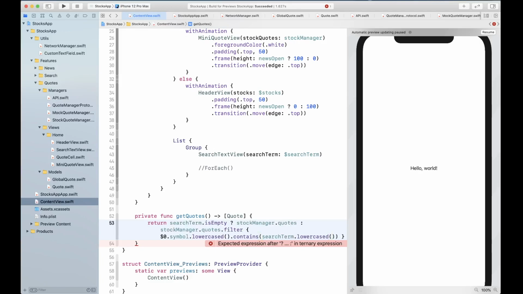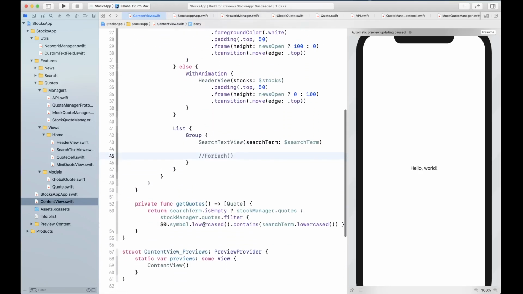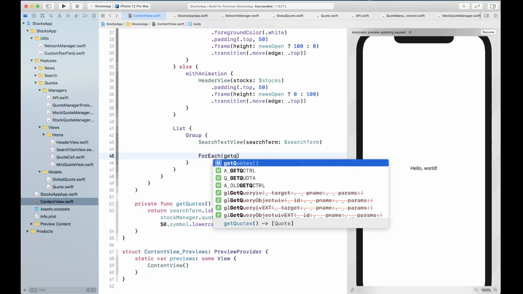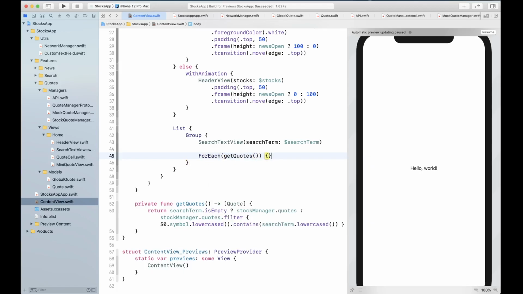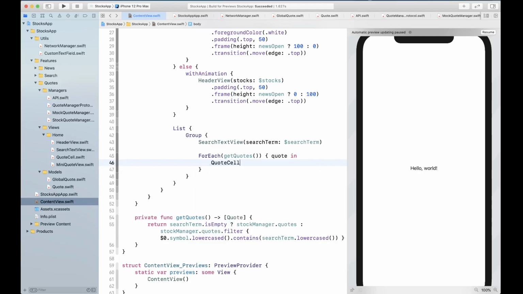Okay, so this is basically going to search and return either the filtered result or all the results if our search term is empty. So now back in our for each, we're going to get that get quotes, and this is going to give us access to each individual quote, and we're going to call our quote cell here and supply the quote that we have just secured.